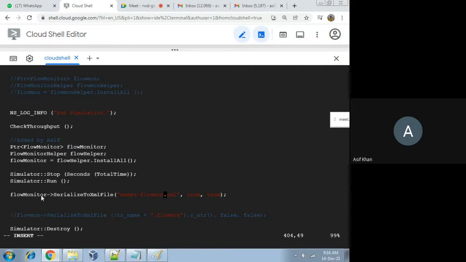Here, flow monitor. Flow monitor. Flow monitor.